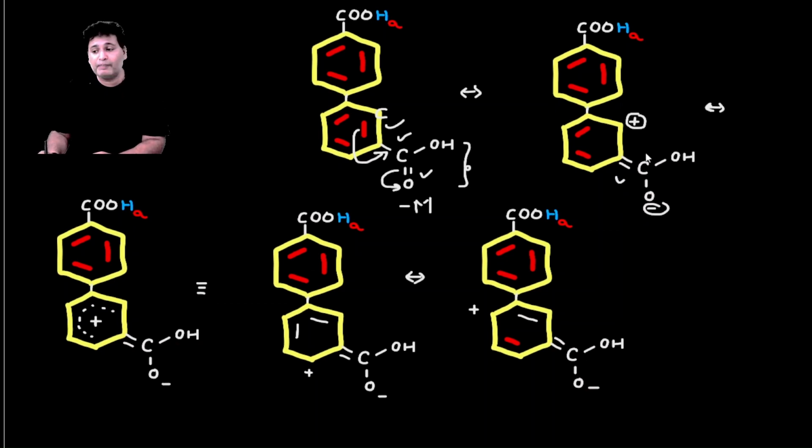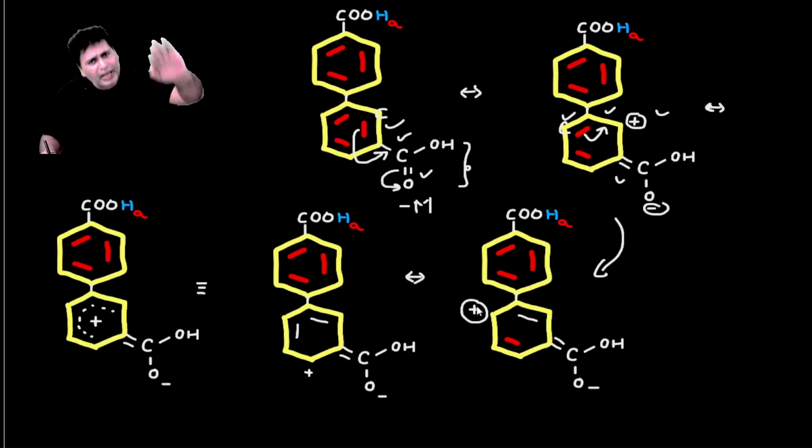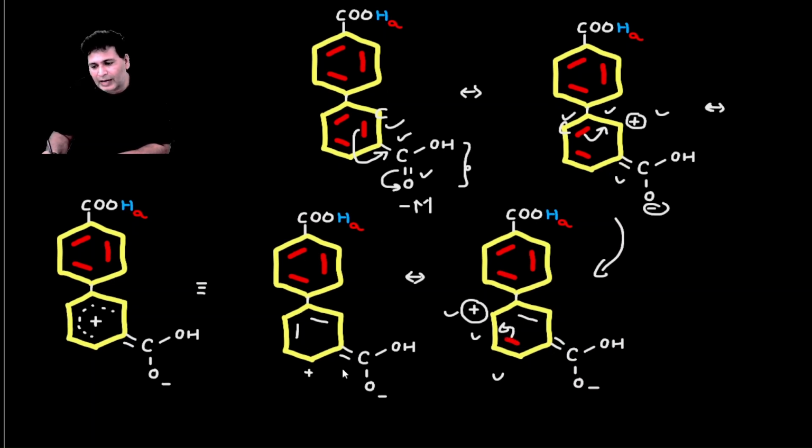Now you can see the plus charge can again be in conjugation, plus, single, double. So once you do that, you have to shift these pi electrons like this, and the plus will come on this carbon. Once you do that, I have drawn this structure. You can immediately see that the plus will come here. Again you can keep on drawing the structure, plus, single, double. So this double bond will go like this, and the plus will come here. So in drawing all these structures,